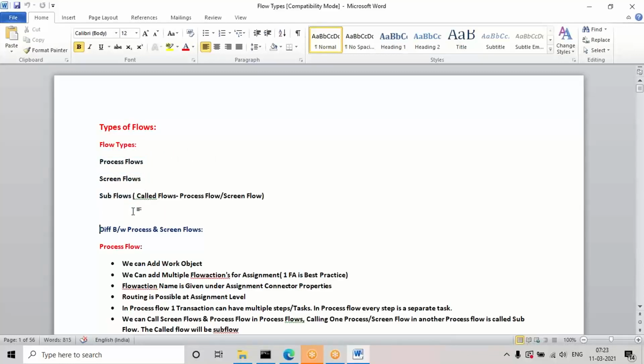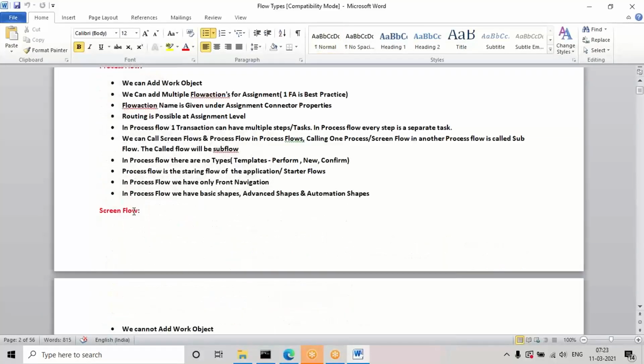Regarding the process flow, I'm discussing some points which maybe we already know. In a process flow we can create a work object. The points in screen flow are the opposite. After completing the design of a screen flow, I'll review the points for the screen flow again. Now I'm discussing some points for the process flow which we already worked with in the previous scenarios.